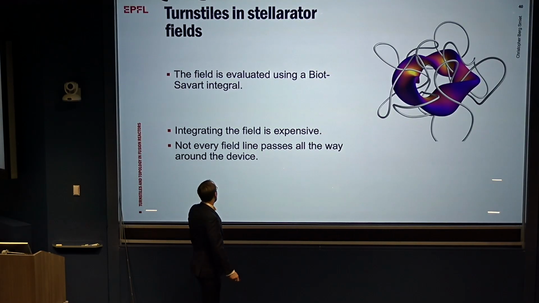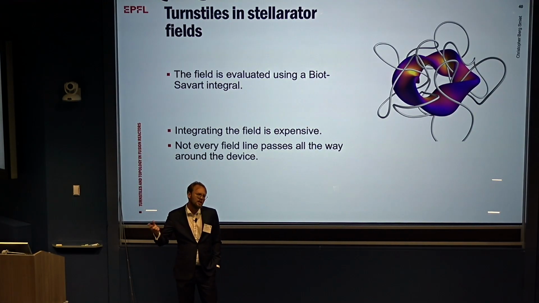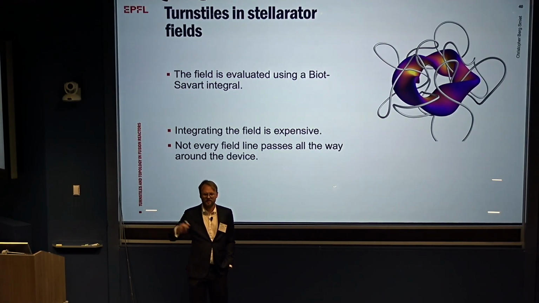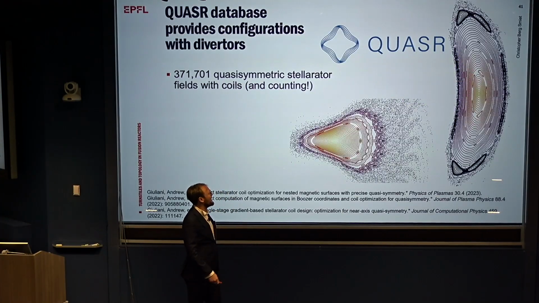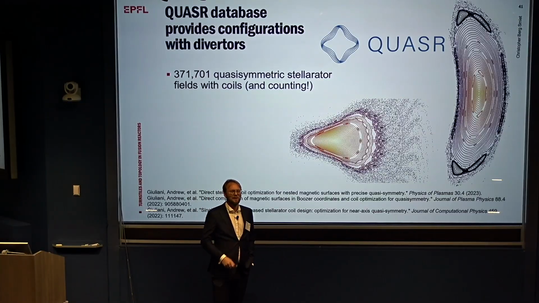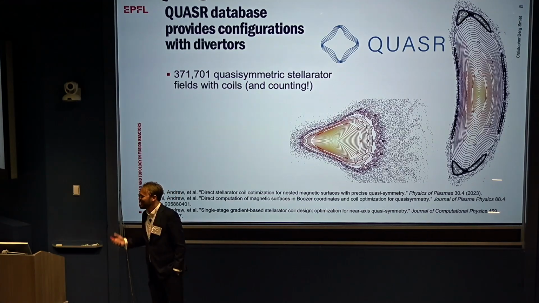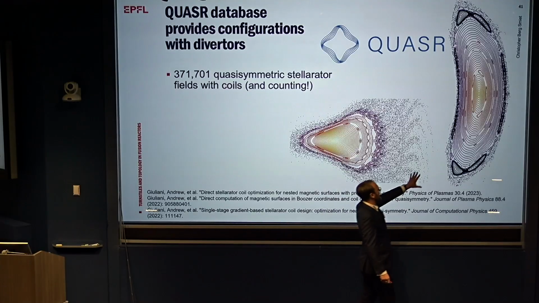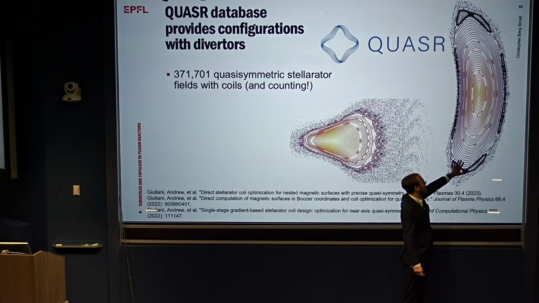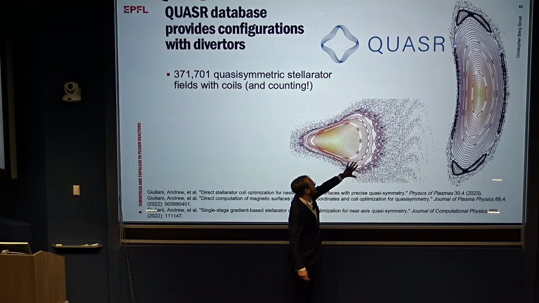Now, furthermore, we have some of the problems that not all field lines pass all the way around the device, so we have to also deal with what we do if we get a field line that escapes to the coils. But we fixed all of those problems, and we have looked, again, at a bunch of configurations in the Quasar database. Thank you, Andrew, for making such a beautiful tool. These are the two that I'm going to be looking at. One that is more similar to W7X with a large island chain in the edge, and one that is quite crazy with a very big